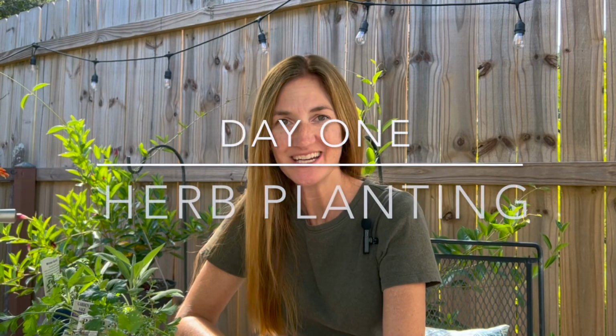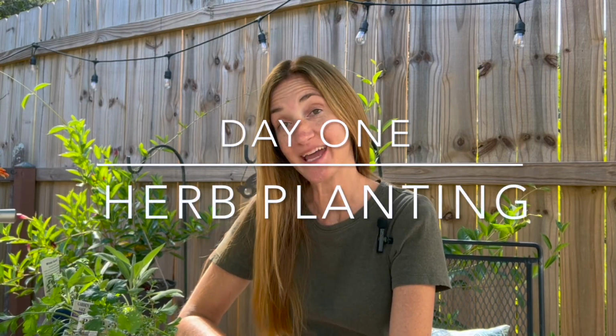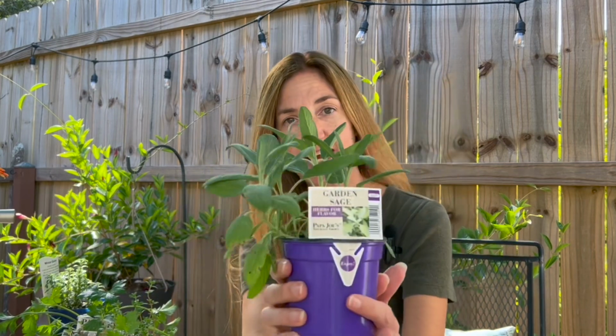All right, so I'm ready to get my herbs in the raised beds, and I wanted to show you guys what I choose to plant in the fall for fall and winter. So I've got, let's see, I'll start with sage first. I tend to use this a lot in the fall and winter, so that works out really well to have fresh sage. And then I've got